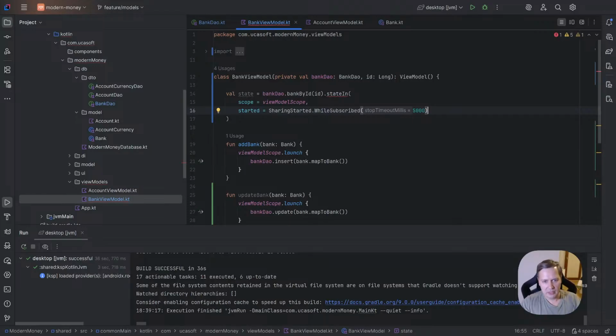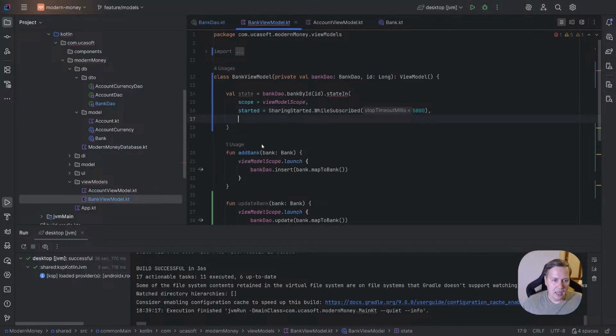So if you rotate your mobile phone really often, it's just for nothing. You will fetch data from the database every time. But with this 5 seconds, it will only happen after. So when you open the screen, 5 seconds gone, you rotate it, it will be updated. But if you do it faster, nothing will happen. And yes, the last one is initial value, of course, and we need our